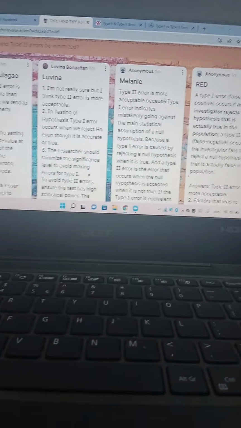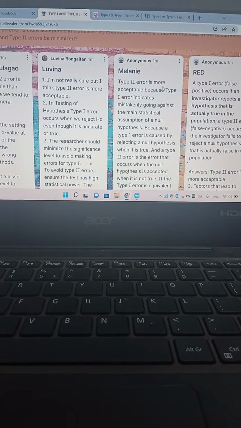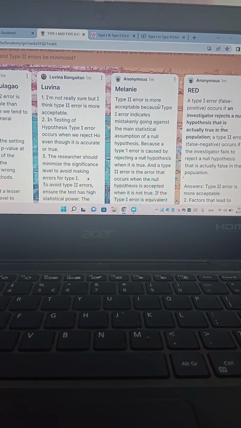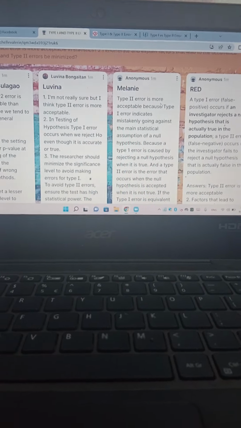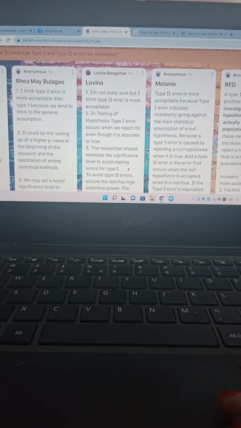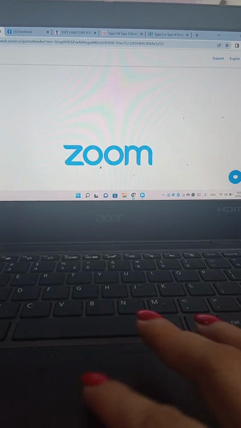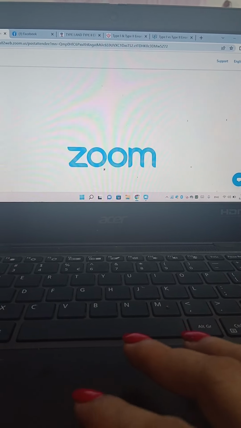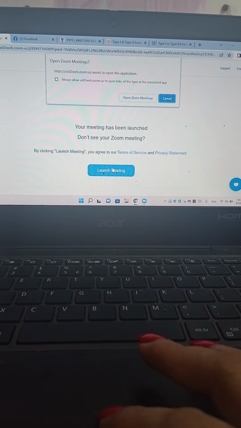Two types of errors, which error is more acceptable in statistics? Okay, so yes, type 2 error is more acceptable. Because it is better not to reject an H0 when you don't have enough evidence than rejecting the H0 when your results are actually not accurate. It's leading to a false positive. So not being able to reject an H0 is better than rejecting it when you don't have accurate